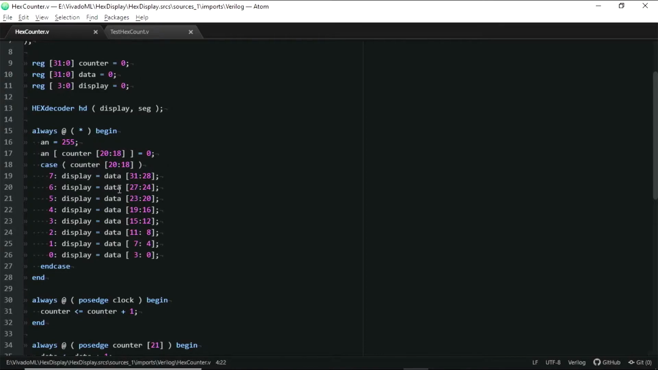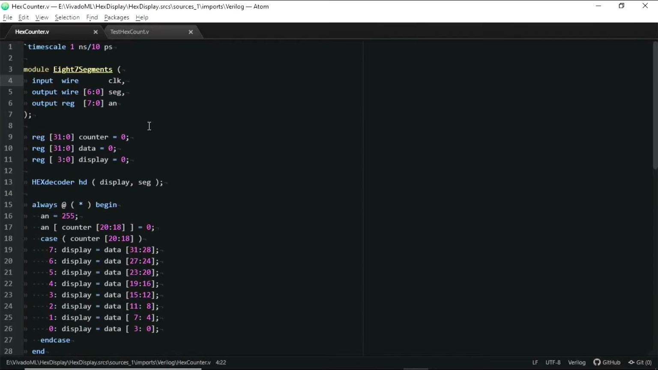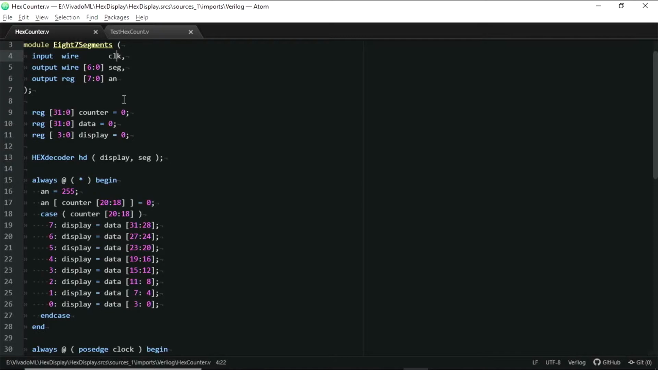So 0 through 7, 0, 4, 8, 12, 16. So a little 4-bit number for each one. Goes in as the display, comes out as the segments. And then that's communicated out the outputs. Now, something we haven't done is looked at the